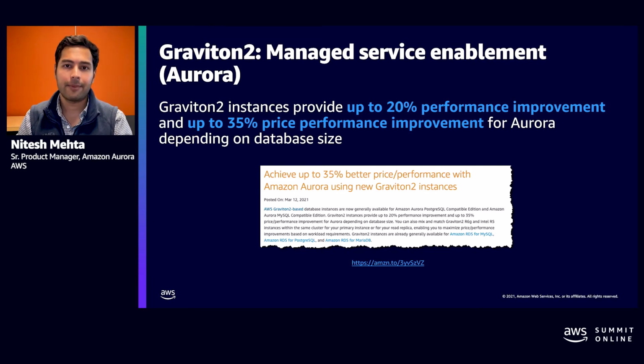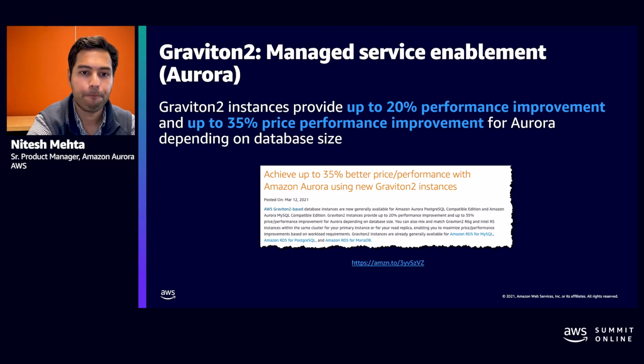When we say price performance, what we're really saying is Graviton2 instances on Aurora are priced roughly 10% lower than existing comparable Intel instances. And additionally, they provide 20% better performance. So this nets out to a 35% price performance for your workload. And the actual performance that customers will get really depends on how they're using the Graviton2 processors, what their workload characteristics look like, whether the workload is CPU bound. And then we, of course, ask customers to run their own workloads through it.